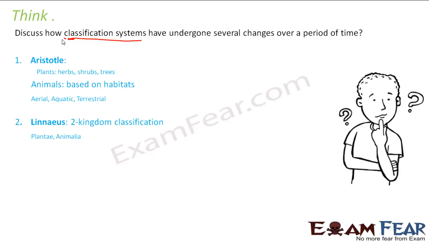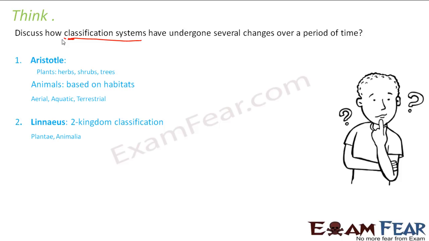But then it was found that it is not only plants and animals which exist on this earth. There are a hell lot of organisms which do not fall under the category of plants and neither fall in the category of animals, because for Linnaeus, plants were those organisms which cannot move and which can perform photosynthesis, and animals are those organisms which depend on others for their food and can move from place to place. But that was not the case. There were many other organisms which could also produce their own food, even though they were not photosynthetic. There were organisms which could prepare their own food, but they were also able to move from one place to another. So this two-kingdom classification was also a failure.